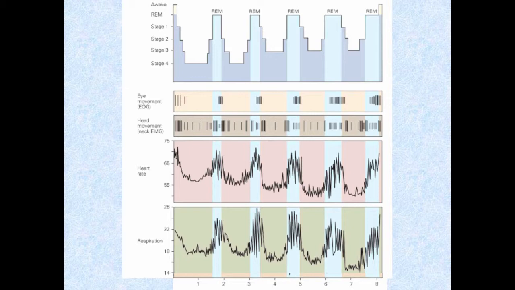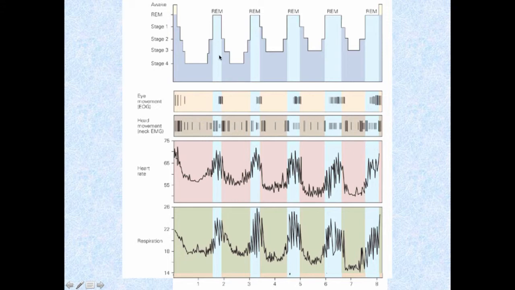We also see that the stages of non-REM sleep move deeper and deeper into the sleep state and farther away from the waking state, with stage 4 being the deepest stage of sleep. And then interestingly, as the body moves into stage 5, the REM sleep, we actually get closer to the waking state.